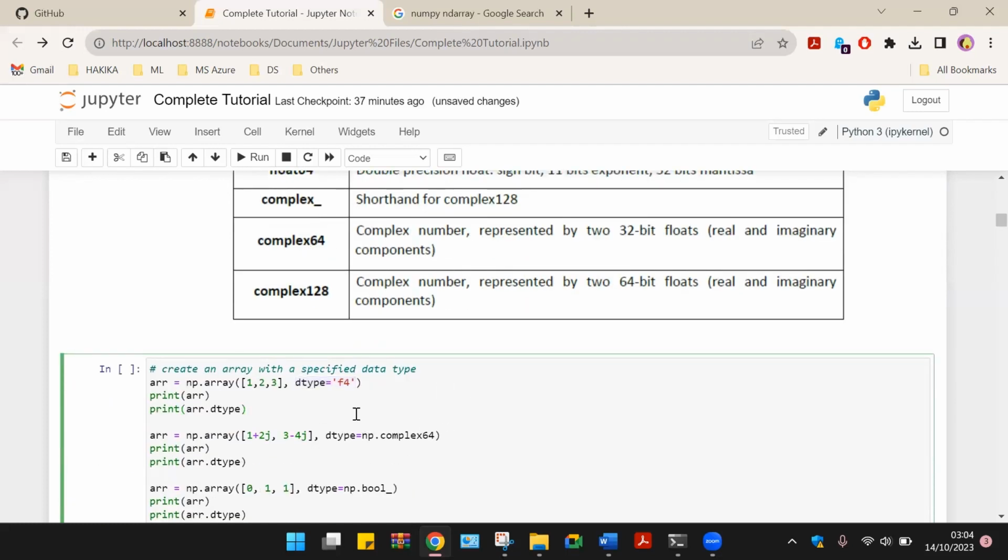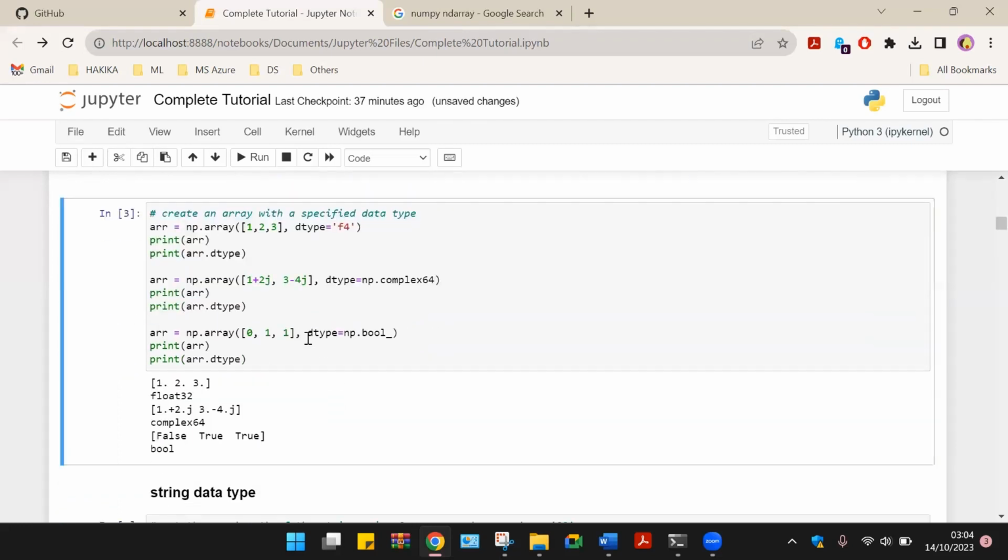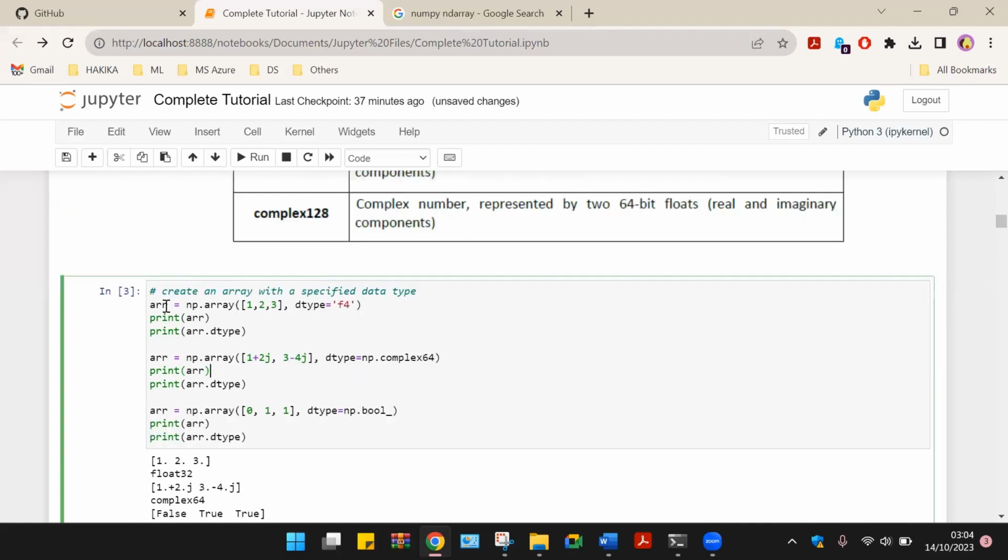Let's move forward and see how we declare or define arrays. Here we are creating an array which we initialize as arr, and its values are 1, 2, 3, and the data type is f4, that is float. Note how we define an array: np for Numpy, then we define it and we specify the data type we're using. In this case, we are going to run